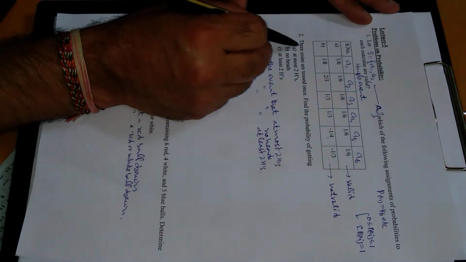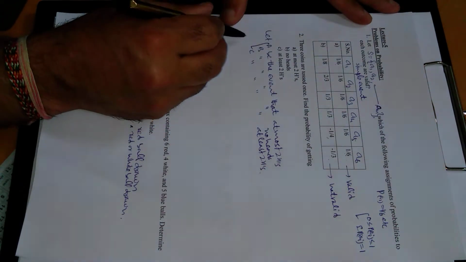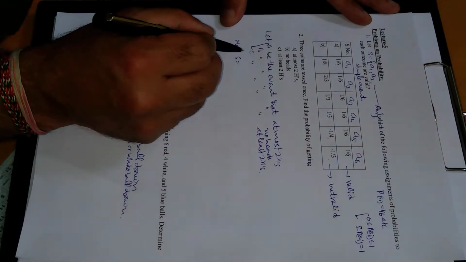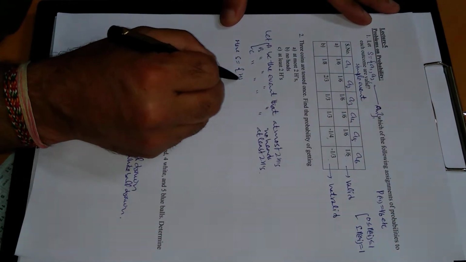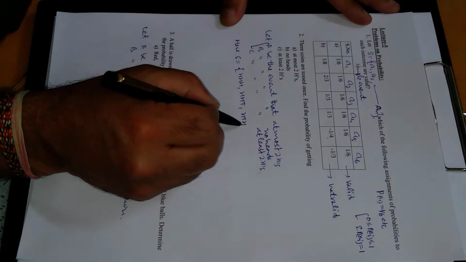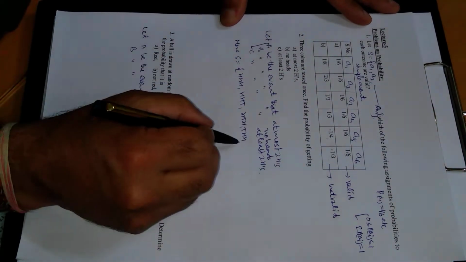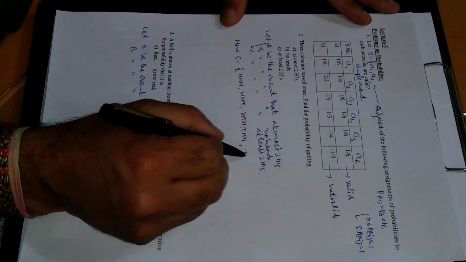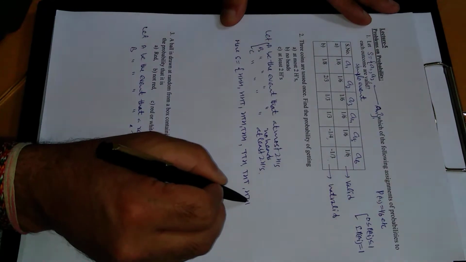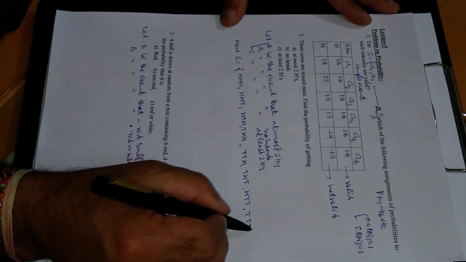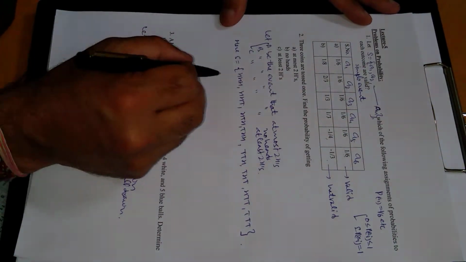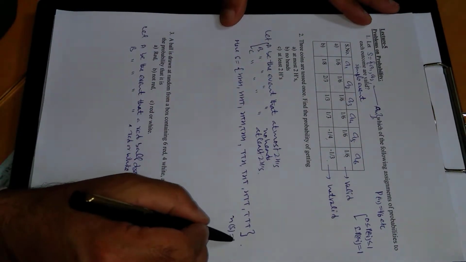First of all, the sample space for tossing 3 coins. The sample space for tossing 3 coins is S equal to triple head, head head tail, head tail head, tail head head. Similarly, tail tail head, tail head tail, and head tail tail, and finally triple tail. We are familiar with this one, and this is the sample space. The total number of possible outcomes here is 8.